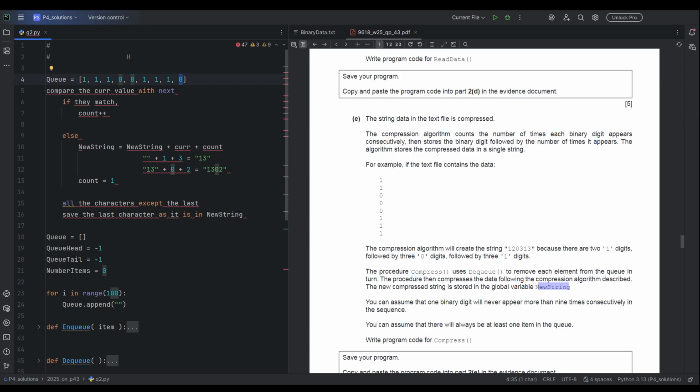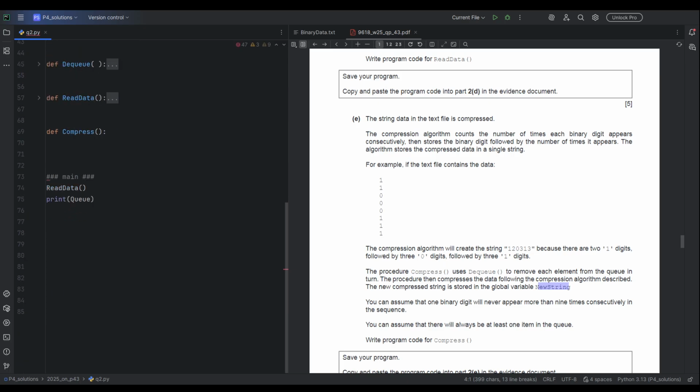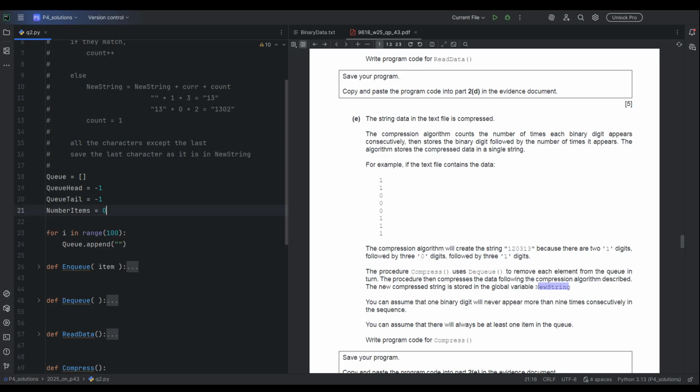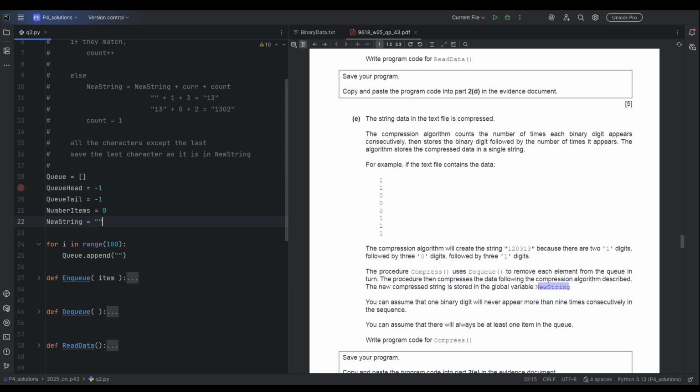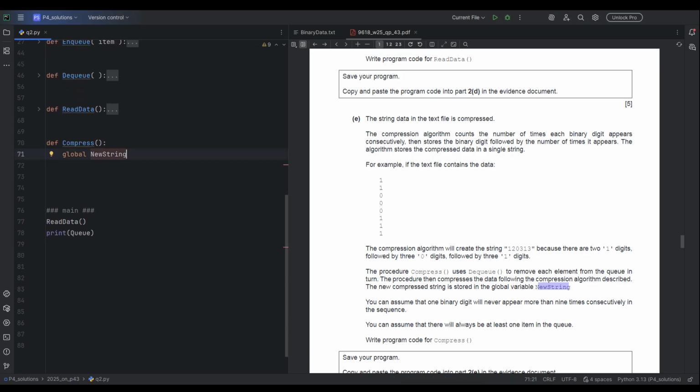So we're going to convert this whole logic into code. I'm just going to comment this and let's try this. So the compress function. Okay, so we have the global new string. Again, they've told us to use it. It's new string and we can assign it a value. Maybe it's initially empty like this. Okay, then in the next part,